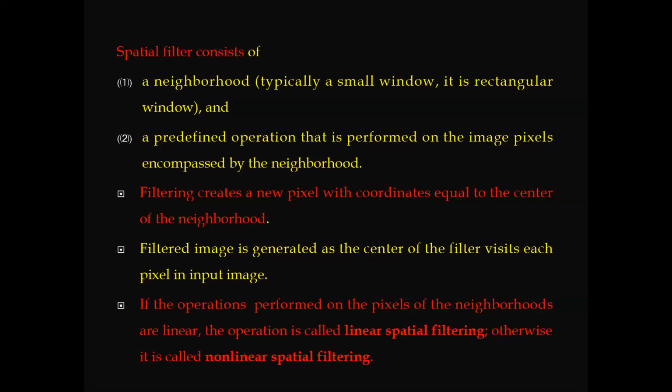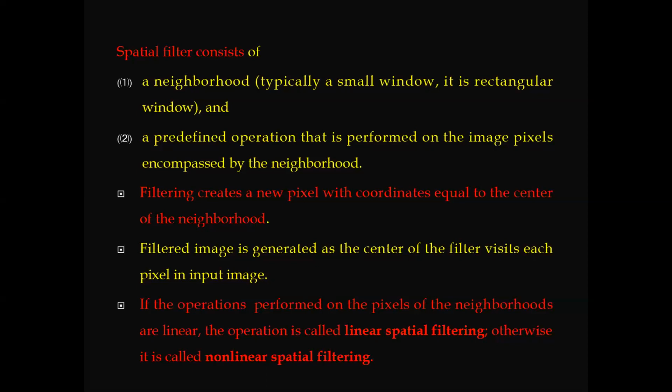After that, a predefined operation is performed on the image pixels encompassed by the neighborhood. So when we perform spatial filtering, we do two things: we create a neighborhood and we define an operation to be performed on the image pixels encompassed by this neighborhood.